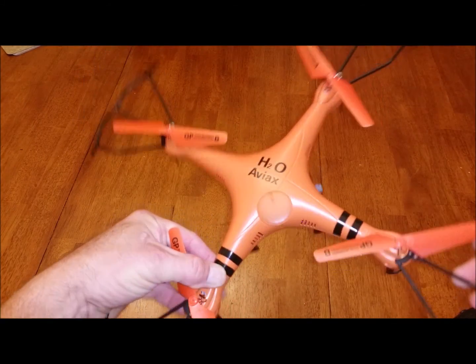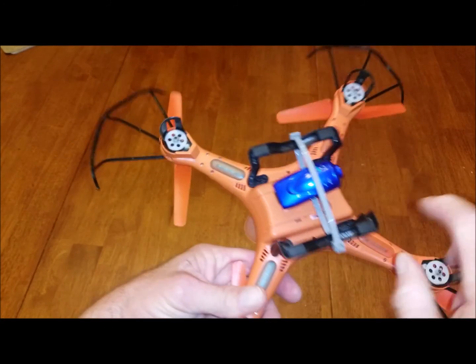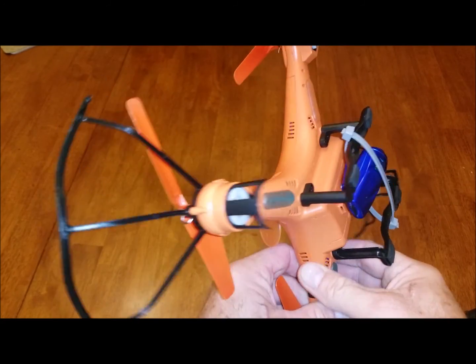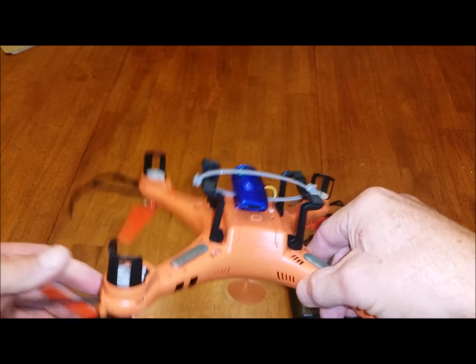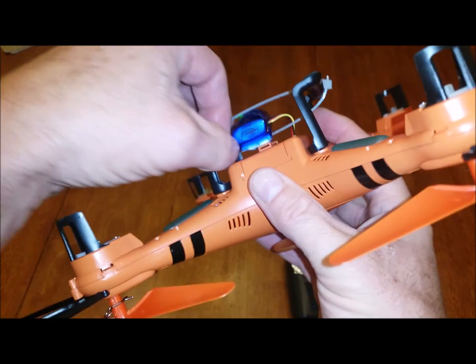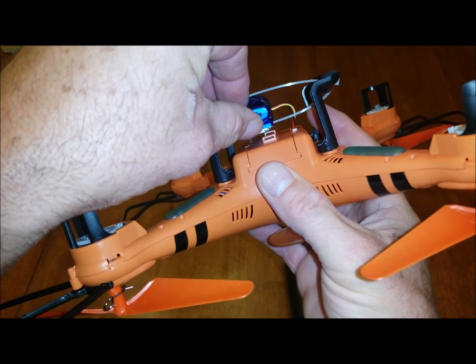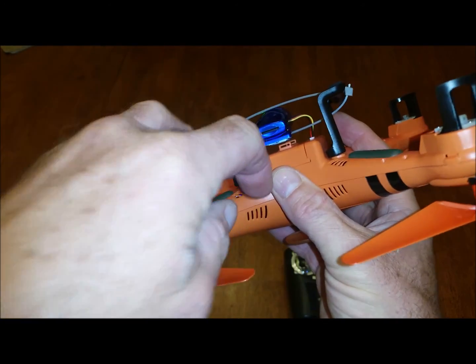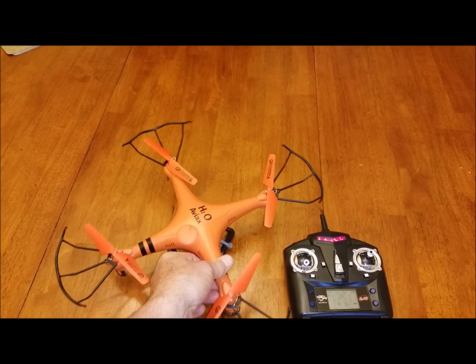The H2O Aviax. Little known secret, Syma cameras really are compatible. They do work. You can control them through the controller. Although my mount system here really could be improved, obviously, it does allow the camera to sit a little bit away from the body of the quad. Another little known secret with these,